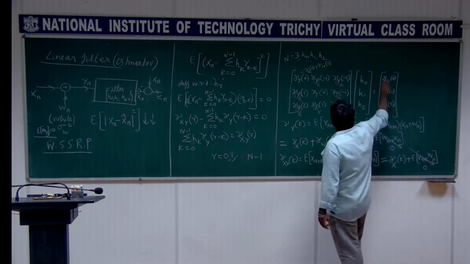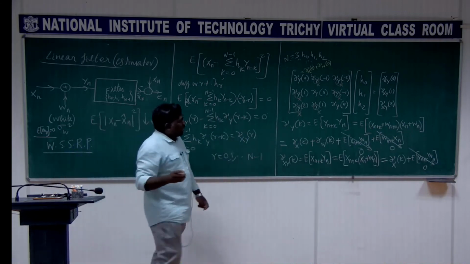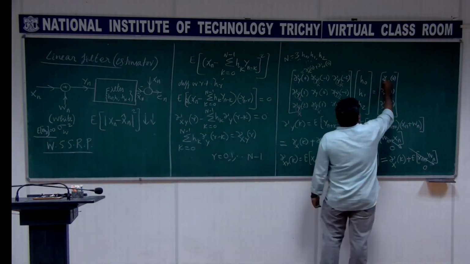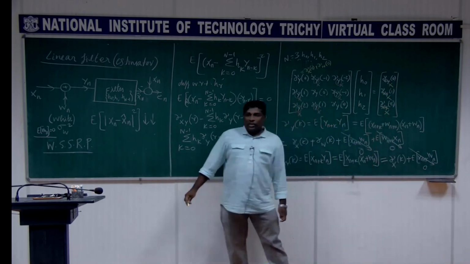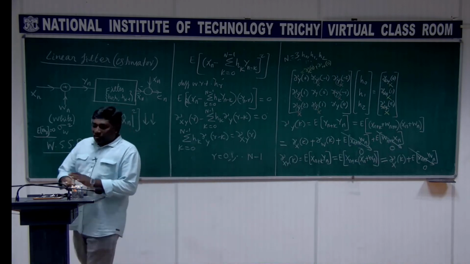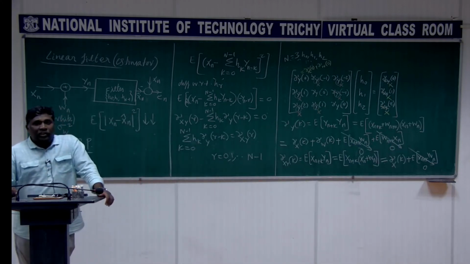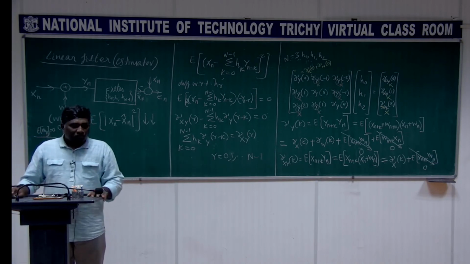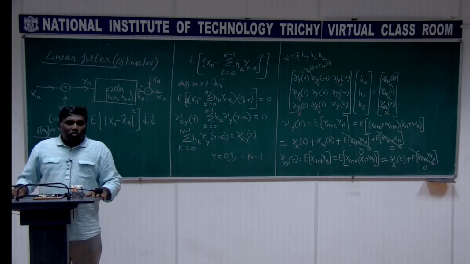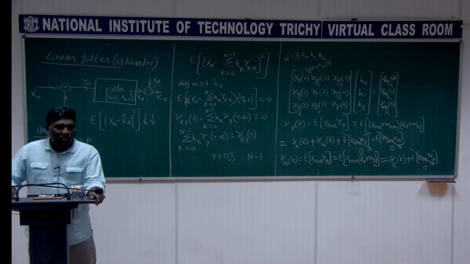So on the right hand side, in place of gamma xy of k, I simply replace it with x itself. This one with x, this one with x, this one with x. As simple as that. But what is more important to observe here is that we need to know the autocorrelation function of x, and the average noise power of the noise we have considered here, wn.